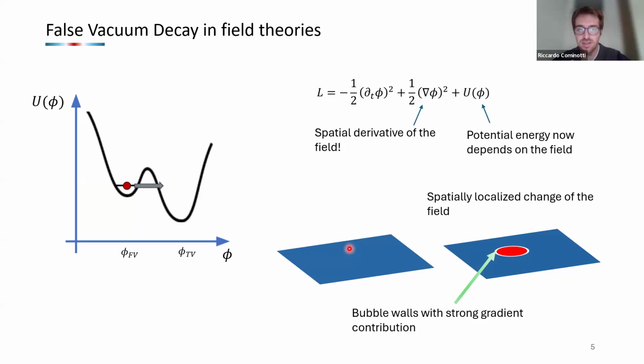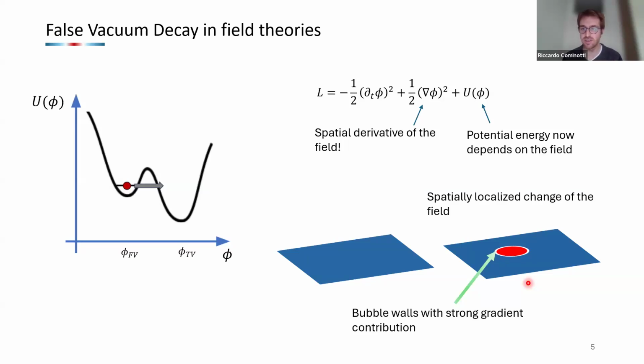And once the field has tunneled, it won't tunnel homogeneously because this would require too much energy. Thus, the most probable thing is that the field changes its value at a particular point in space and time. And this new configuration for the field is called a bubble, because for symmetry reasons we expect it to be a bubble. And it is characterized by having a surface around the bubble which introduces a strong gradient,